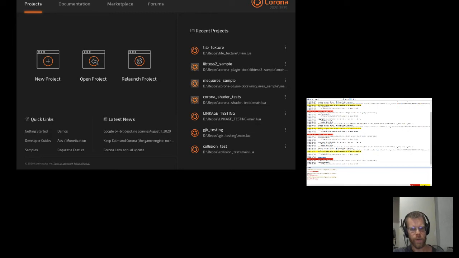Now I'm going to run through a few projects of mine. Some of these I've been working on lately, some of them are just on hand. What I've been doing most recently is this one, tile texture. And this is in a project where